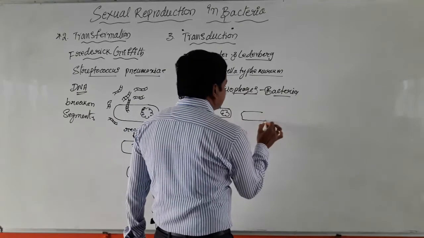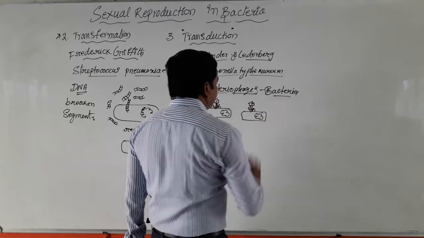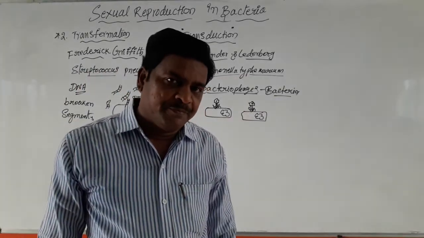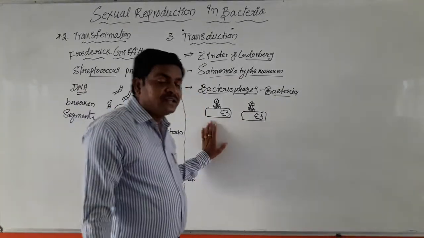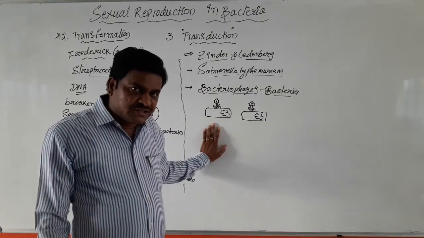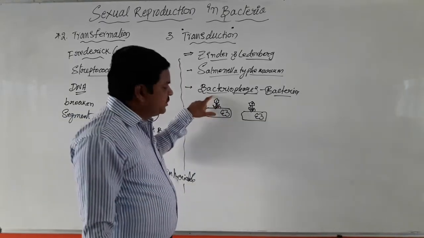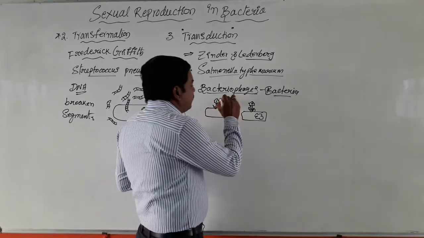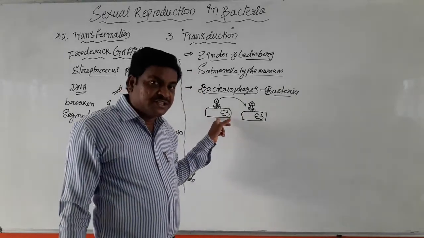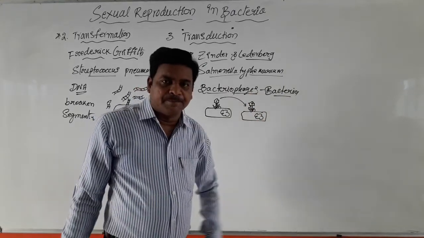Okay, for example, this is one bacterium and this is a bacteriophage. Now this is another bacterium and this is another bacteriophage. These type of bacteriophages infect and attack the bacteria. While these bacteriophages infect the bacterial cells, the DNA present in the bacteria may enter into this virus. Now when it attacks another bacterial cell, the DNA which is received from this bacteria is transferred into the next bacteria.